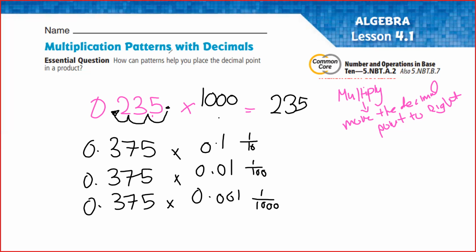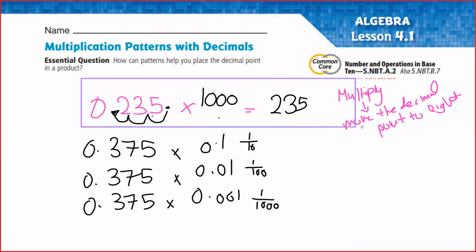First of all, we said that if we multiply by a power of 10, you move the decimal point to the right. But now, when you multiply by 0.1, 0.01, 0.001, what do you have to do? You're going to move the decimal point